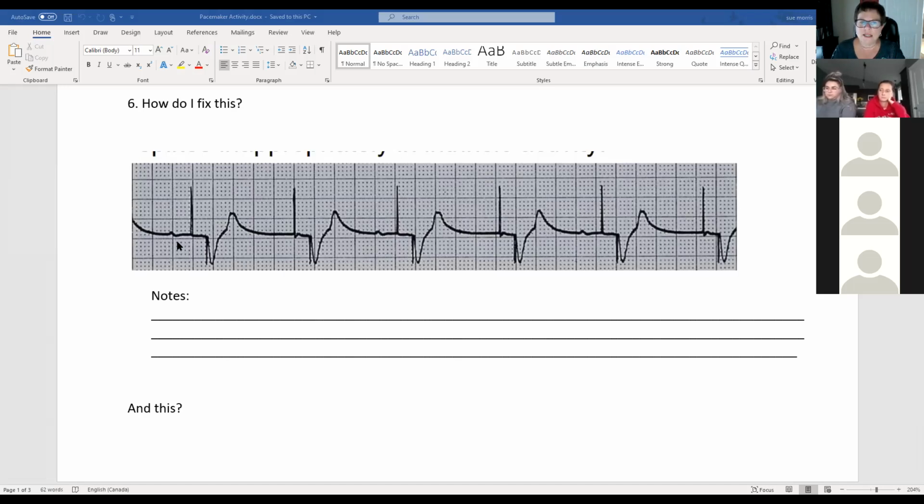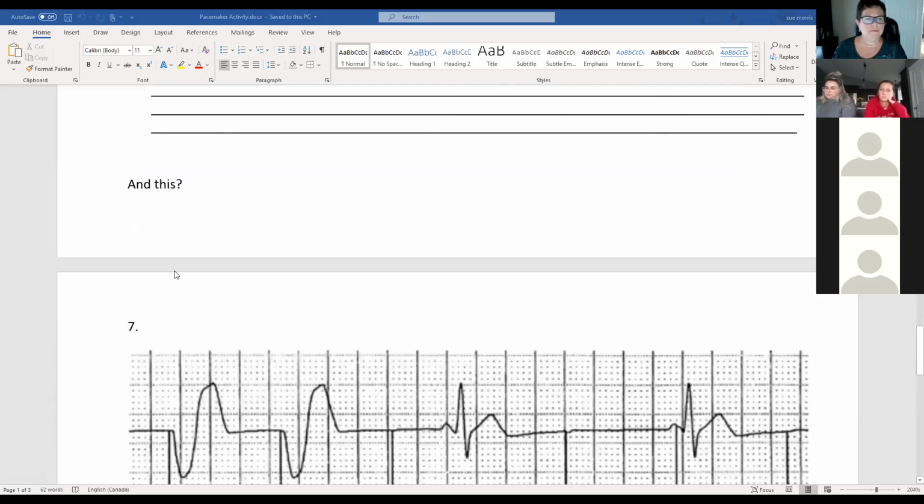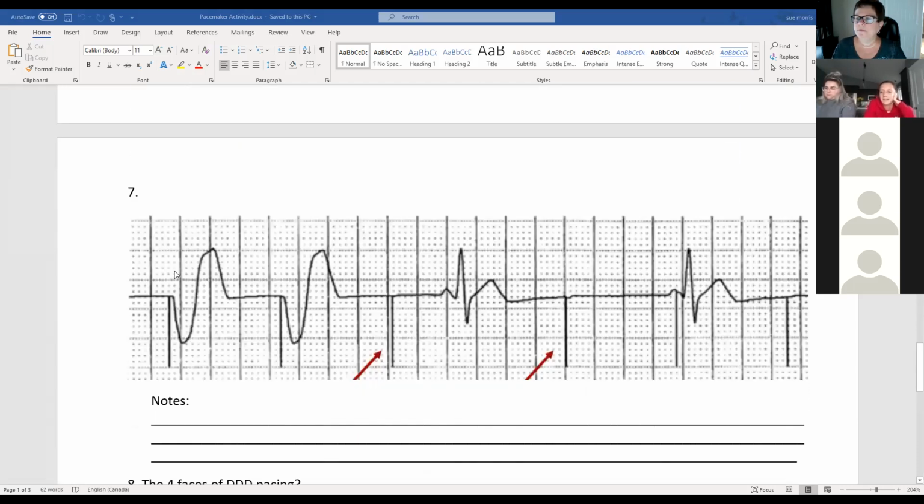But yes, this is not seeing the P waves that are happening, so it could be in the AOO mode, or it may need the atrial sensitivity in the AAI mode lowered down. If it's as low as it'll go, then there's nothing you can do except reverse polarity. Try that. If you reverse the polarity and there was no difference,